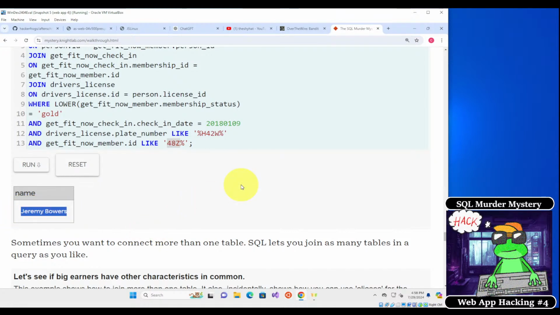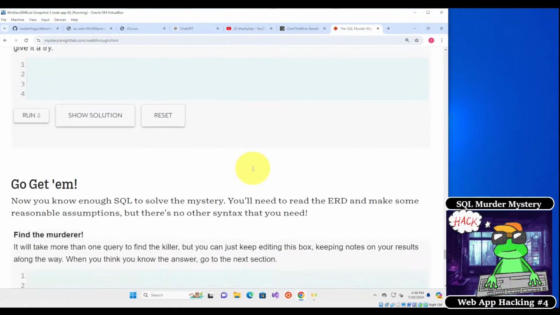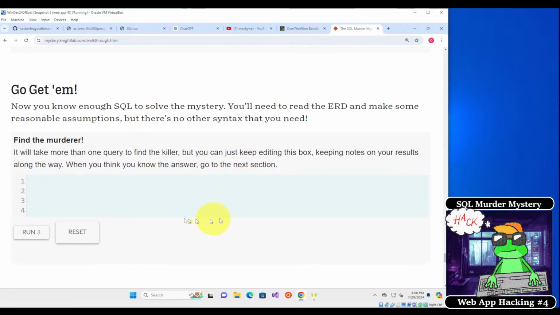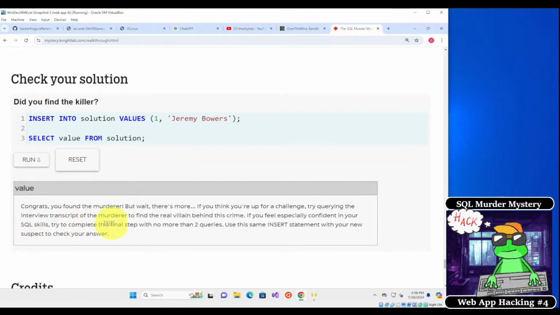So let's identify the murderer. Okay, so here what we can do is identify the murderer. We're going to insert into the solution the name of the person, and we're going to paste in the name Jeremy Bowers. And then we're going to run this. So it says, congratulations, you found the murderer, but wait, there's more. If you're up for a challenge, try querying the interview transcript of the murderer to find the real villain behind this crime. Okay, so we're going to cut this short